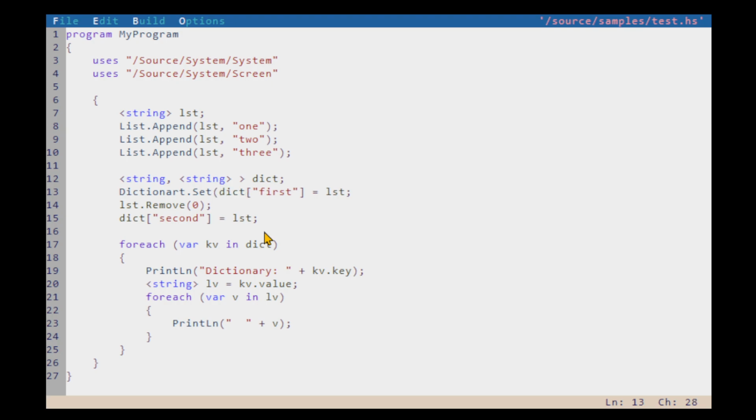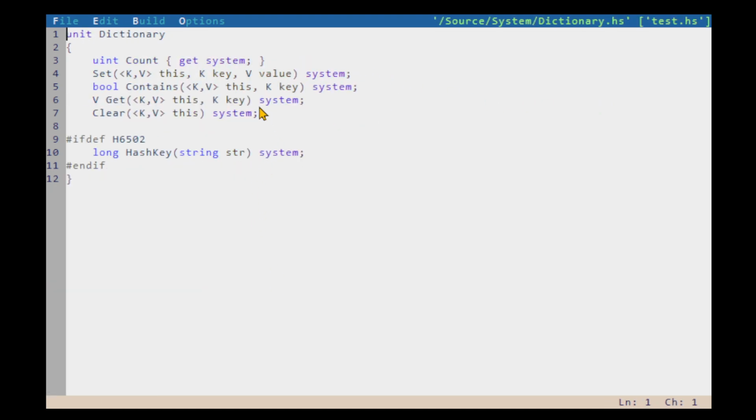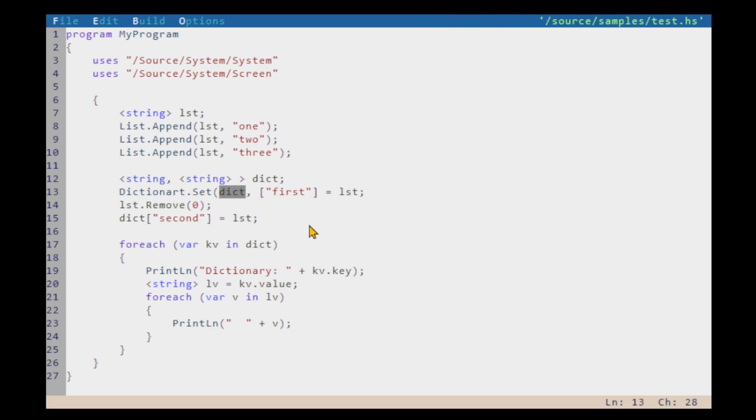The dictionary variable first is, and if we look at it, it'll be this here, and then here's set, this, key, and value. Let's do that. So there's the this, there's our key, and there's our value. Right? And the second one,